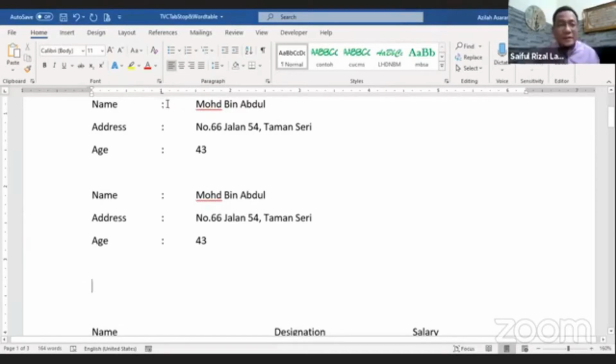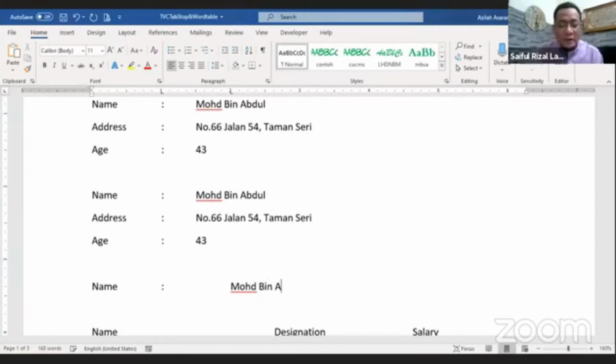Then let's say I would like it to appear rather than at 1.5, now I would like to extend it a little bit further. I go to number 2, like that. So see what happened when I type name and then press tab. Wow, it goes to number 1. I put that colon. Then see what happened when I press tab again. Ta-da! It goes straight to 2. So I start Muhammad bin Abdul. When I go to the next line, and then I type address, and I press tab,